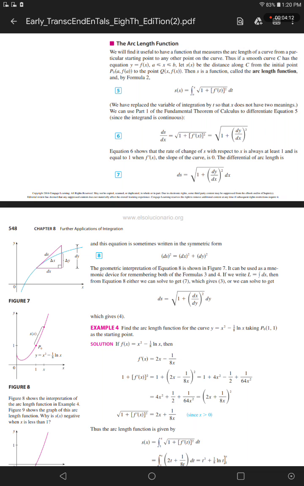Then s is a function called the arc length function,